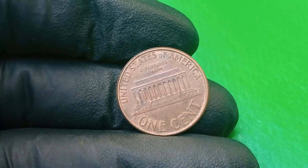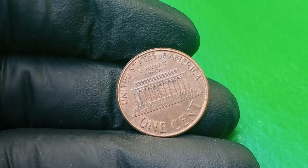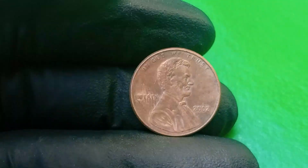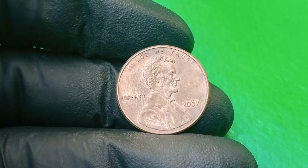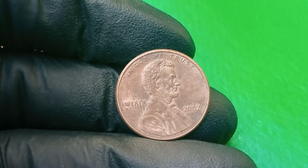Then there are struck-through errors: foreign matter, grease, cloth fibers, or debris on the die or planchet at the time of striking, creating distortions or missing letters. Perhaps the Liberty, In God We Trust, or the date, 2002, appears faint or broken, or even missing entirely in parts. Such struck-through or filled die errors are highly sought after because each looks unique, almost like a fingerprint,